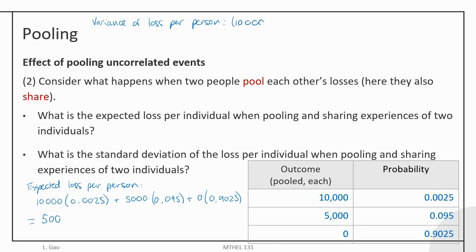So 10,000 minus 500 squared weighted by 0.0025, plus 5,000 minus the mean squared weighted by 0.095, and then lastly 0 minus the mean 500 squared weighted by its probability 0.9025. And so this is going to be